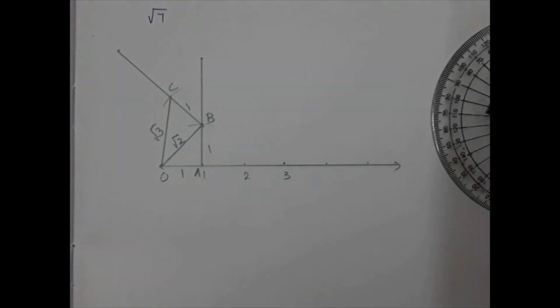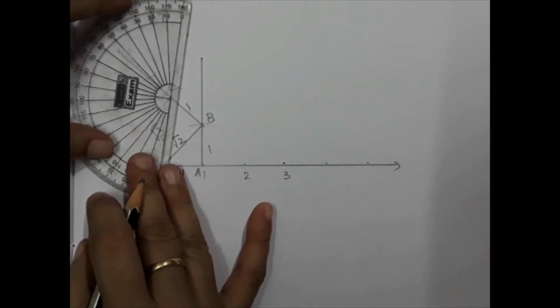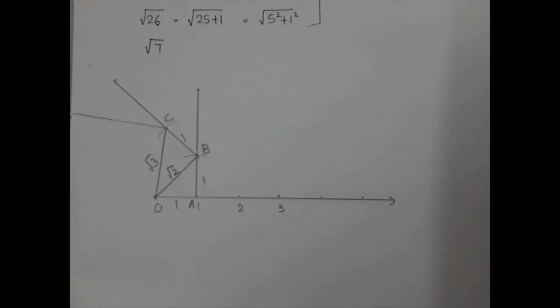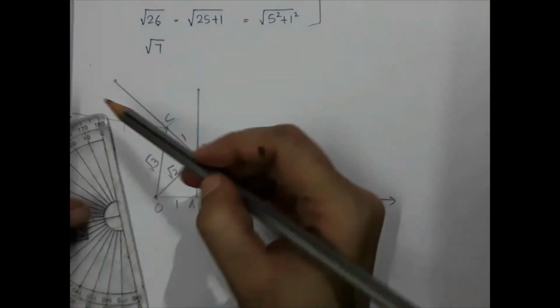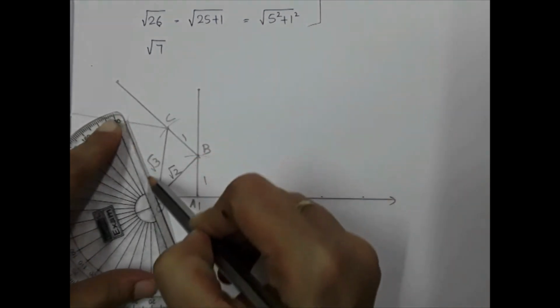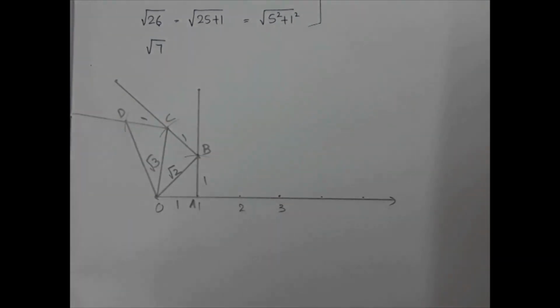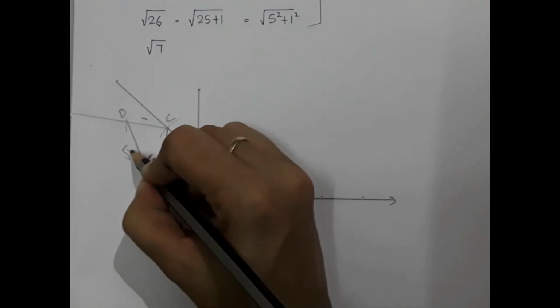Okay, again you have to continue like this. So root 3 you have to draw, then you have to draw the next one, that is, from the point C you have to take 90 degree. Okay, 90 degree. Then you have to take 1 unit. Okay, then join those 2 points. Clear? So this will be 1 unit and the point is D itself. Okay, and this is root 2, root 3. Now you got the answer as root 4.